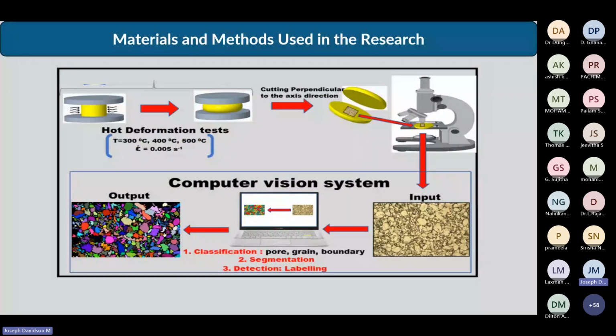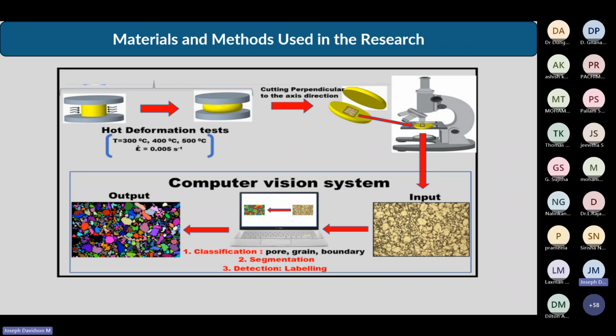So what we have done, actually, as I told you, metal forming is my core area. So we do a lot of constitutive modeling, meaning at high temperature and different strain rates, how the system behaves, that we make into a mathematical model. That mathematical model, we put it into software like Deform, and we try to predict the properties. So new material combinations and new combinations of process we develop, and we develop new sets of constitutive relations, taking into consideration stress, strain rate, temperature and other things, and materials also. This is how normally we do.